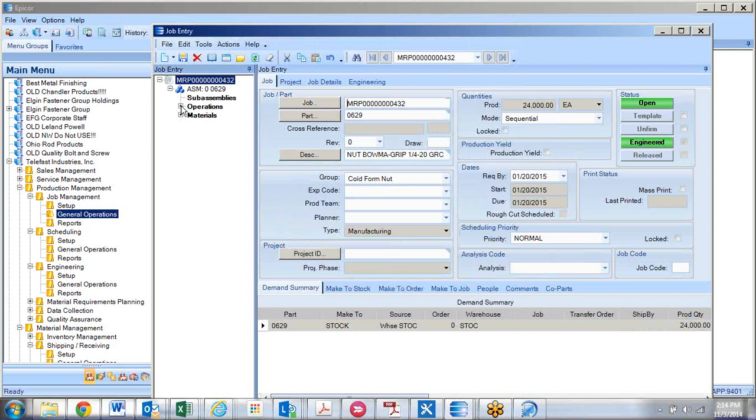This job has a method, and it's been scheduled. It's just waiting for you to firm it up. And that's why if we look at the job scheduling board,